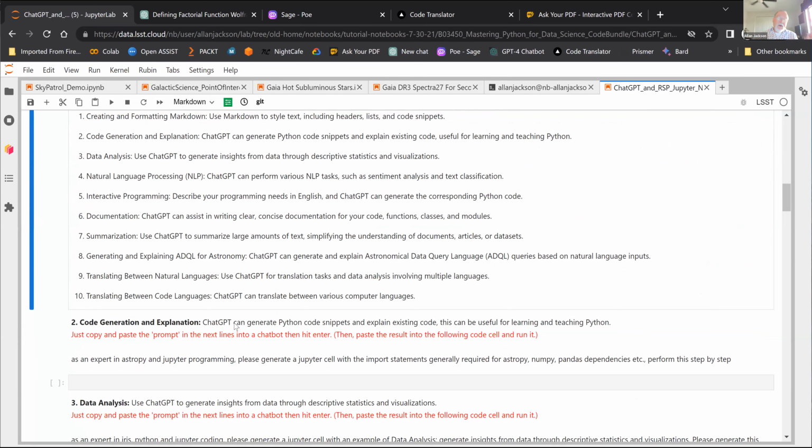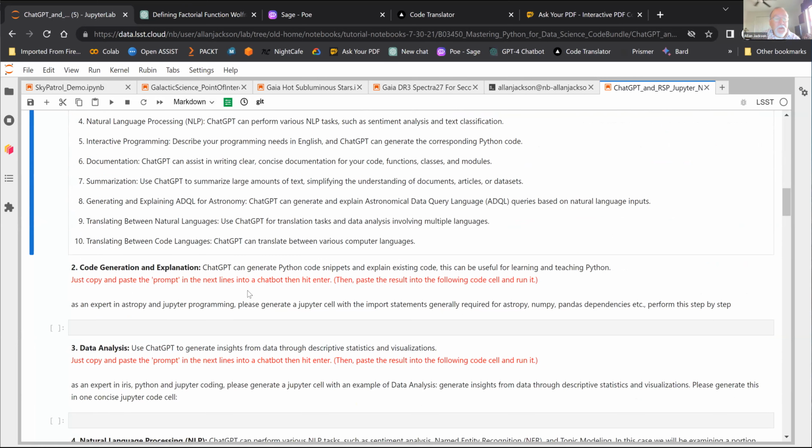I would encourage you to try different markdown cells that you haven't had a chance to format, and go through and cut and paste these prompts into the chatbots and give them a try in other environments. Okay, right. Let's just go on to the next cell.